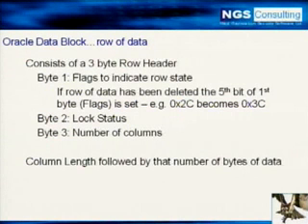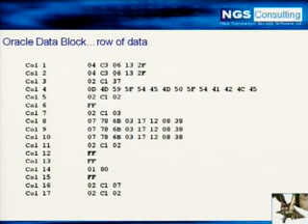Now, obviously a row of data is split up into columns. The first column's length is given first, and is followed by that number of bytes of data. So here we can see column 1. This is an example row of data. This is after the row header, by the way. The first number is 04, and that indicates there are four bytes of data that fill this column. So C306132F there.